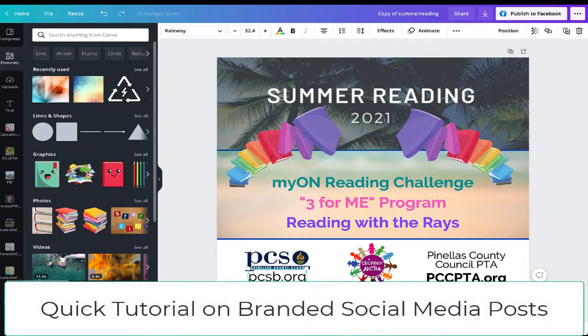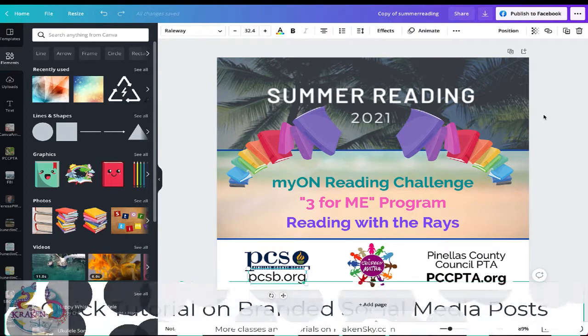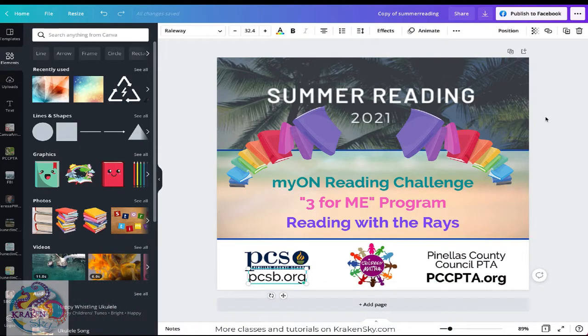I just wanted to do a really quick overview of what a branded social media post looks like, just in case you don't have any design background and you're stumped and you have to start pumping these out for your PTA or your little league team or whatever you need to do. So a branded post typically means that it has your branding on it, and it tends to look fairly straightforward